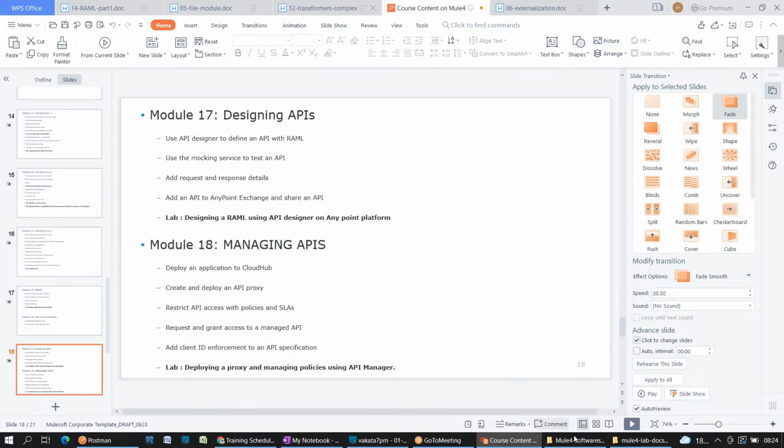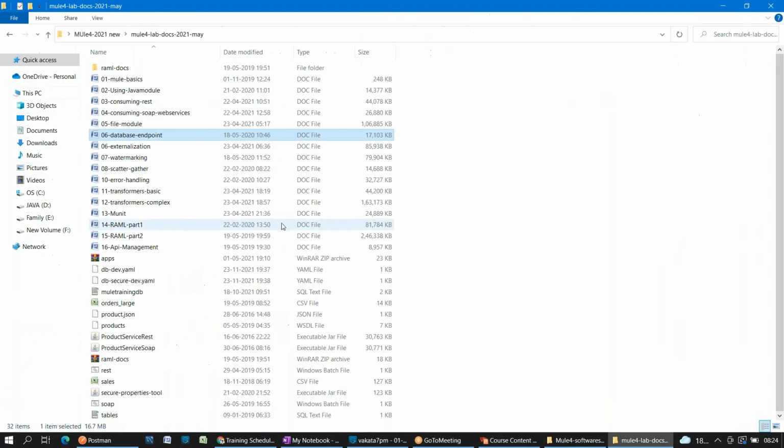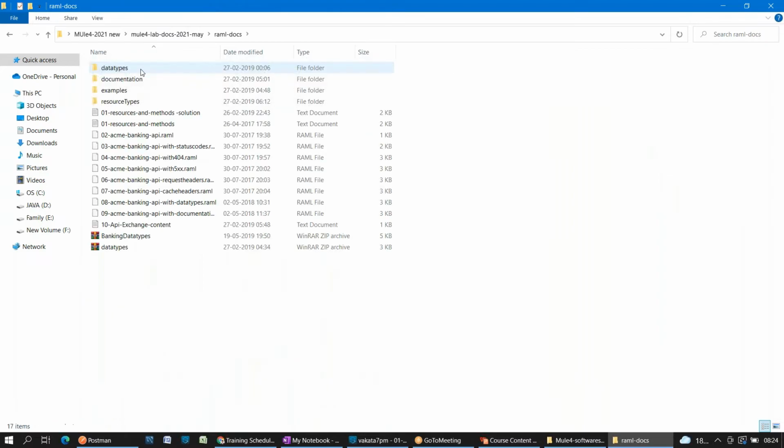One more thing I will show you here. Here we have one more zip file called RAML docs. If you extract that, see, a lot of documentation is given for the RAML part itself, huge documentation. I already created it and gave it to you. While you're practicing, it will take 1 week or 1.5 weeks to practice only this RAML part, right?